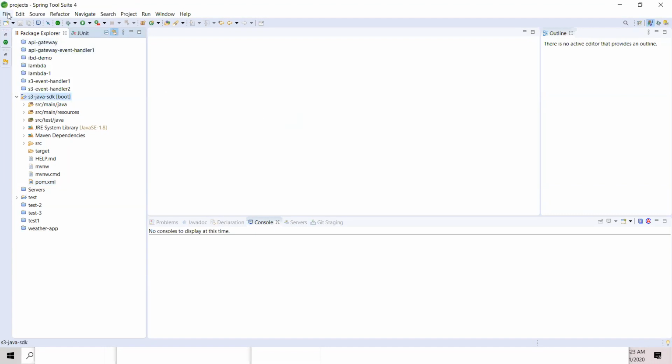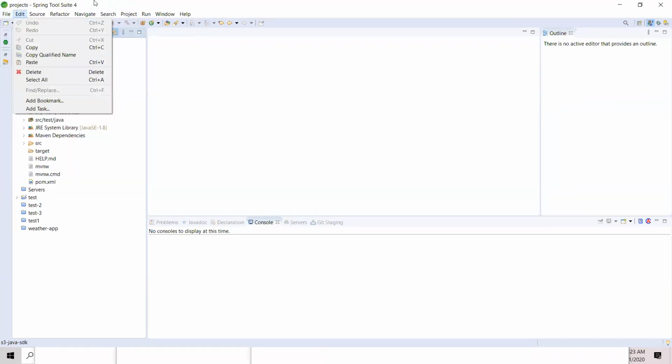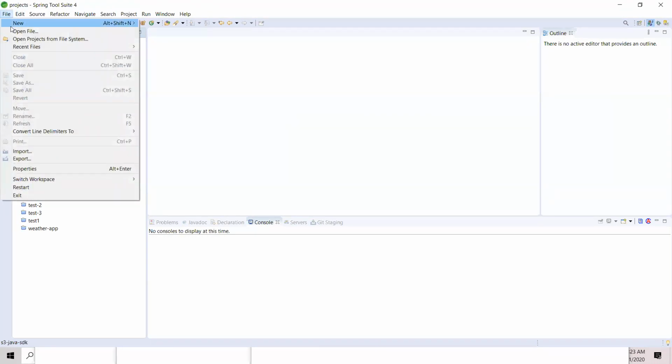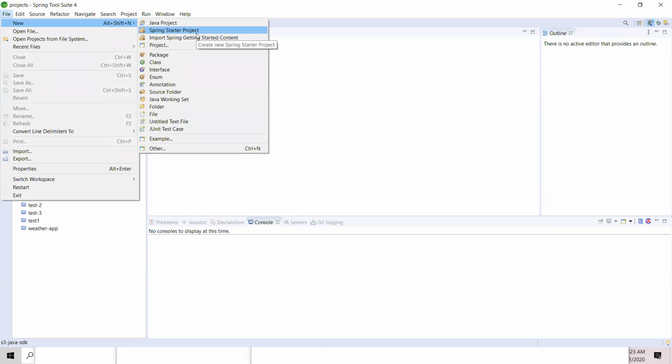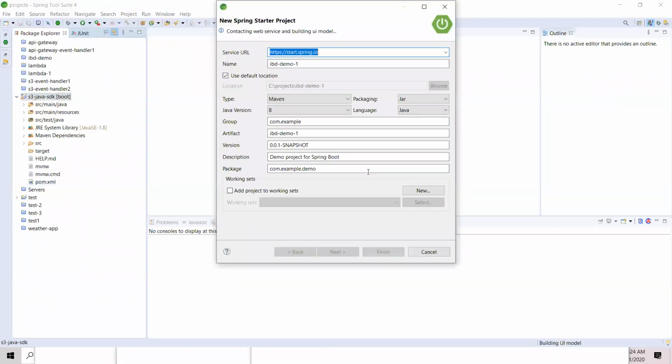If you are wondering how to do that, it's very, very simple, especially when you have STS. New Spring Starter project. Spring Starter project is nothing but your Boot project. You just give your name, let's say S3 demo. You give your group name, your artifact name, your version name.